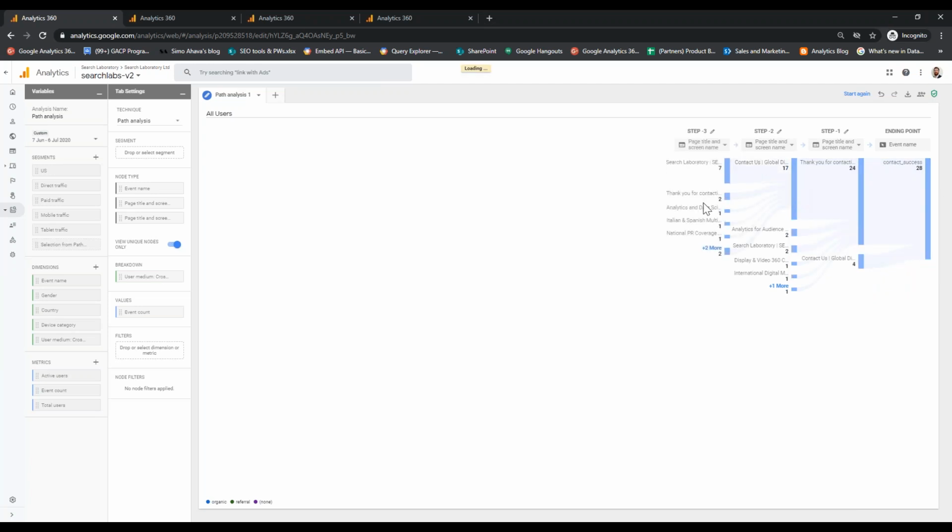So drill a bit further, and you can see that the biggest portion of users followed a journey from the home page through to contact us and thank you. Again, that's probably not insightful on the level that we're looking at things from Search Laboratory's perspective, but